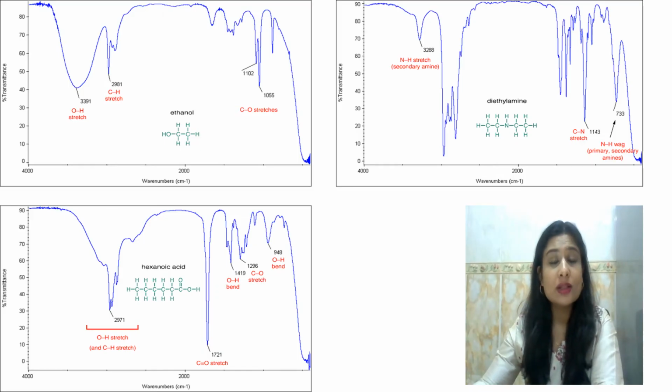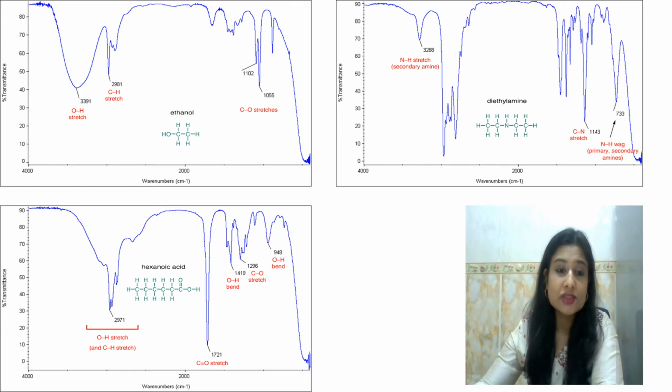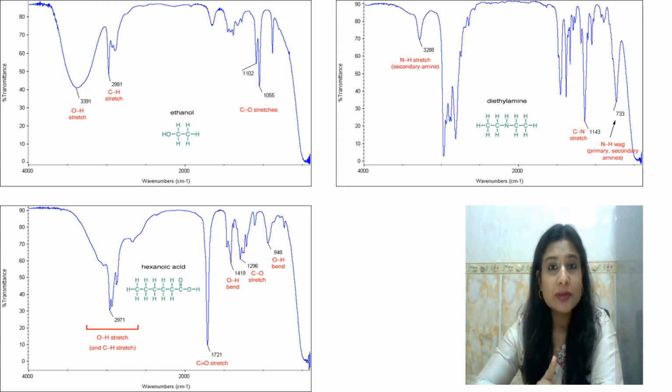So now look at all these three graphs. These are the IR spectra that represent the OH stretch, the NH stretch, and the CH stretch. See, it's very clear that for the OH stretch, the absorption band is broad. You see the shape of the NH stretch is still narrower, and the absorption band obtained for the CH stretch is even more narrow than the NH stretch. So when you look at these three bonds together, you can make out that it is the shape that will help us differentiate between them.